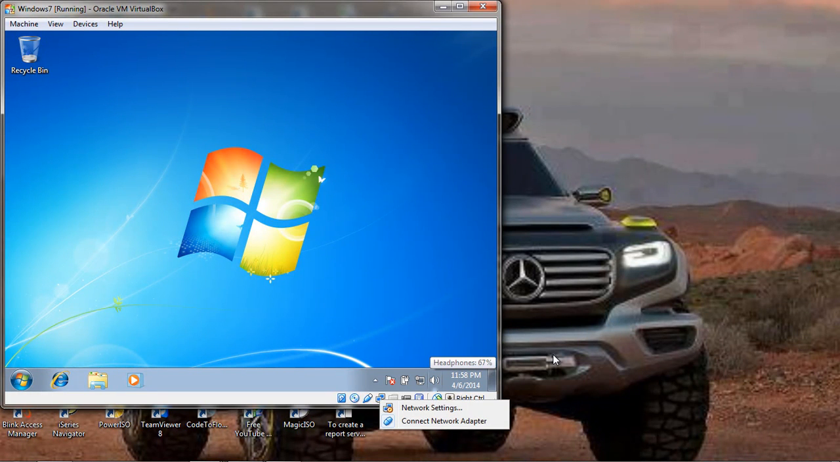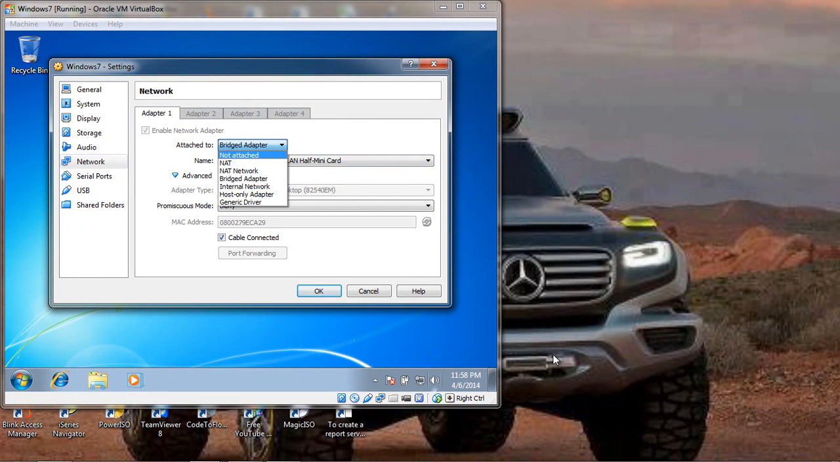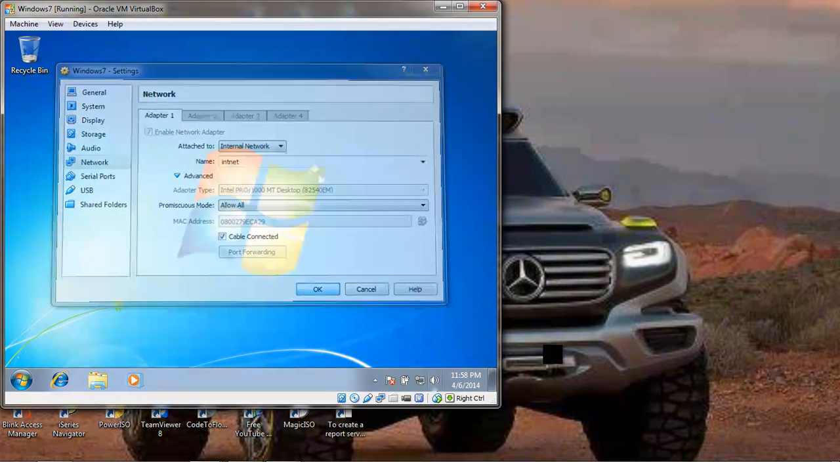Again, I go to the network settings icon for the virtual machine, change from bridged to internal, change promiscuous mode to allow all. Okay,